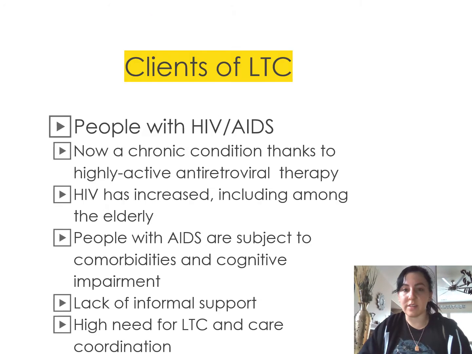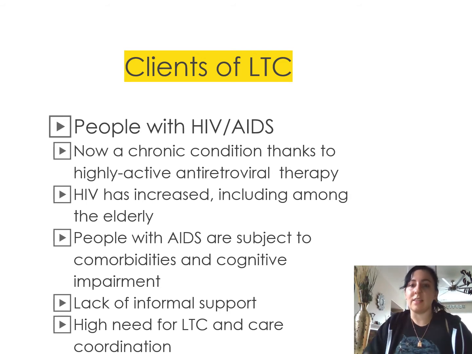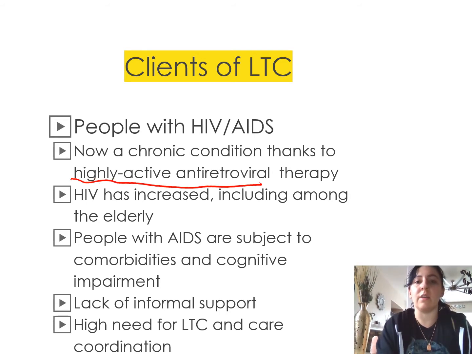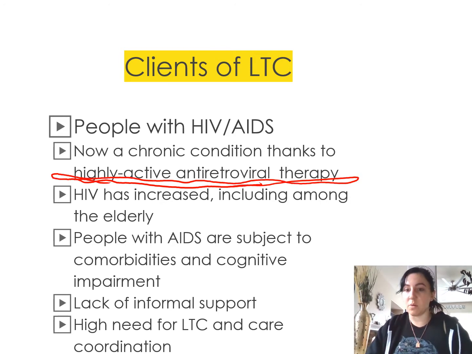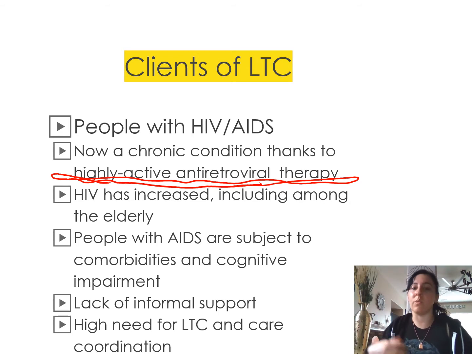Okay, so there's that. And then we have people who have HIV/AIDS. Now, HIV/AIDS is considered a chronic condition now. It's not acute, it's not subacute, it's not a death sentence either. It's a chronic condition that we maintain thanks to highly active antiretroviral therapy that is available for these patients. So they can live normal lives and they're all good. But it is a chronic condition now, and it just has to be maintained. You maintain this condition well, and you can be fine.